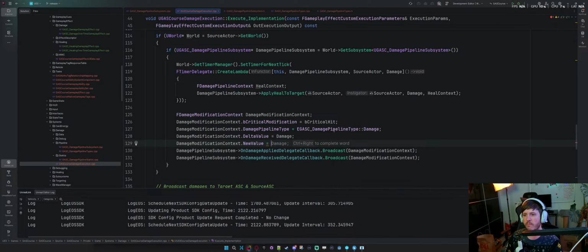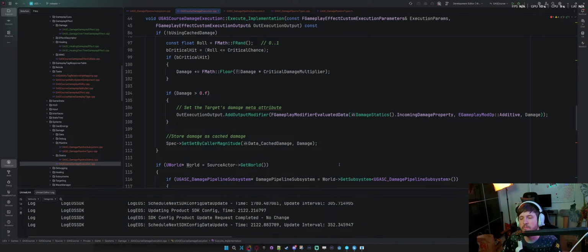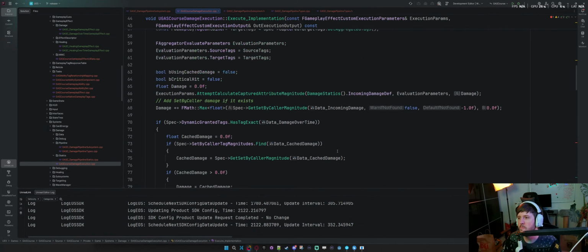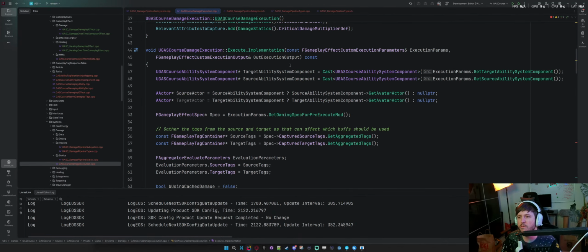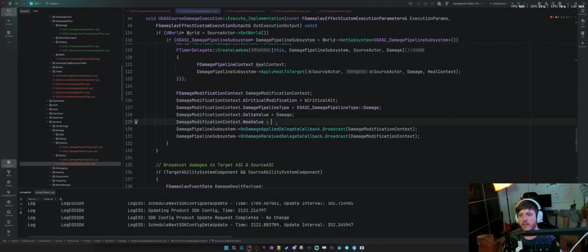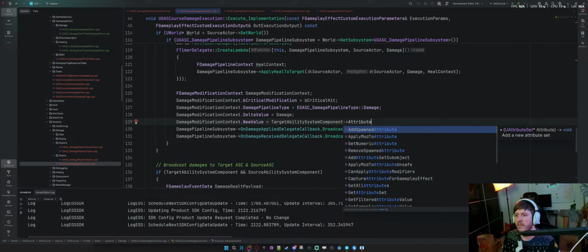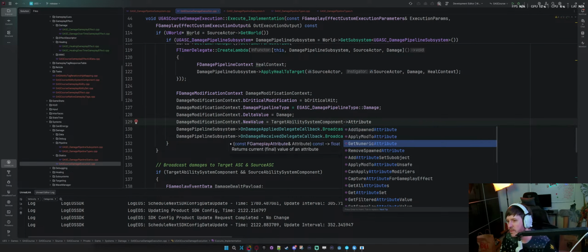am I able to get information from the ability system component? Let's see. And I say there's like Get numeric attribute.